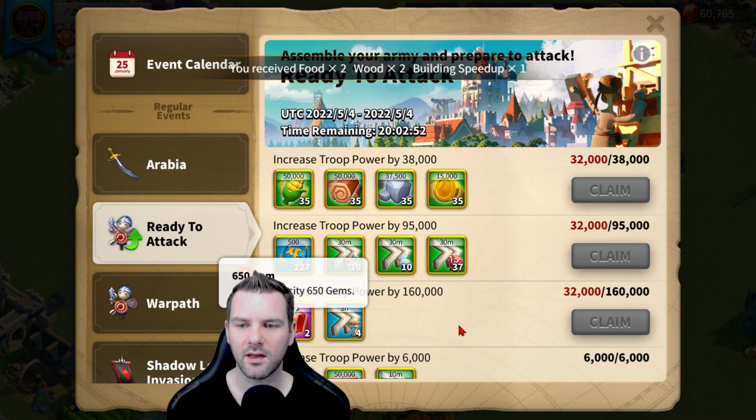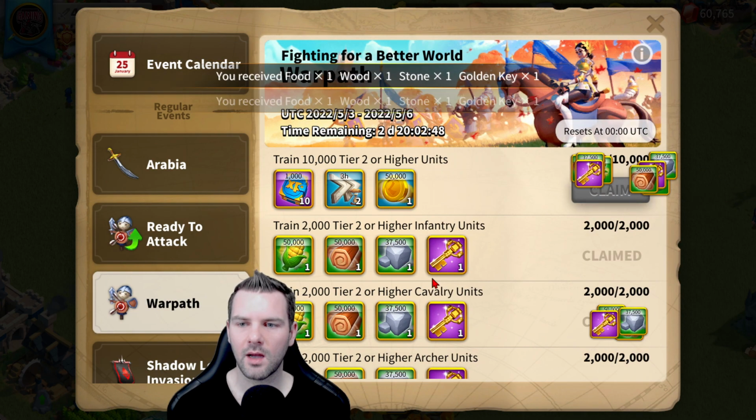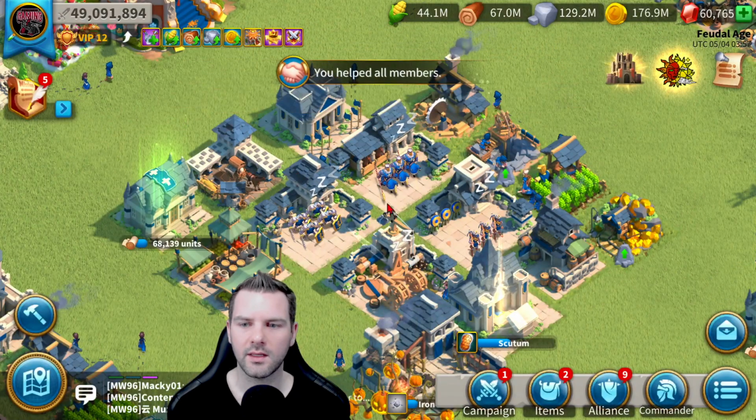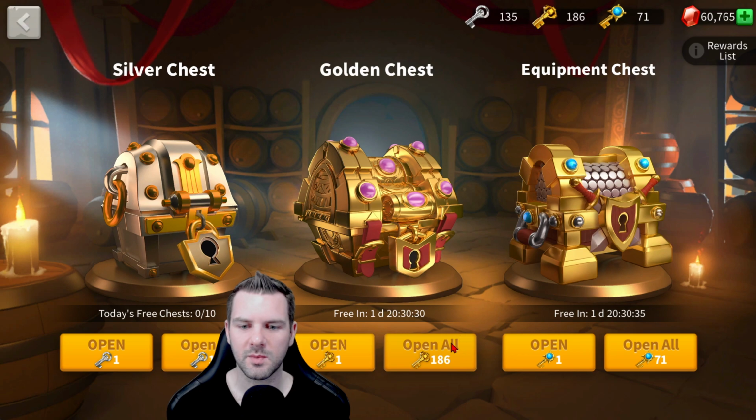I love the 1,300 gems just for training troops, and I need more troops for King's Landing. Let's grab all those gold coins and let's go in here. And while we wait for helps, because I need more helps before I use those speed ups,